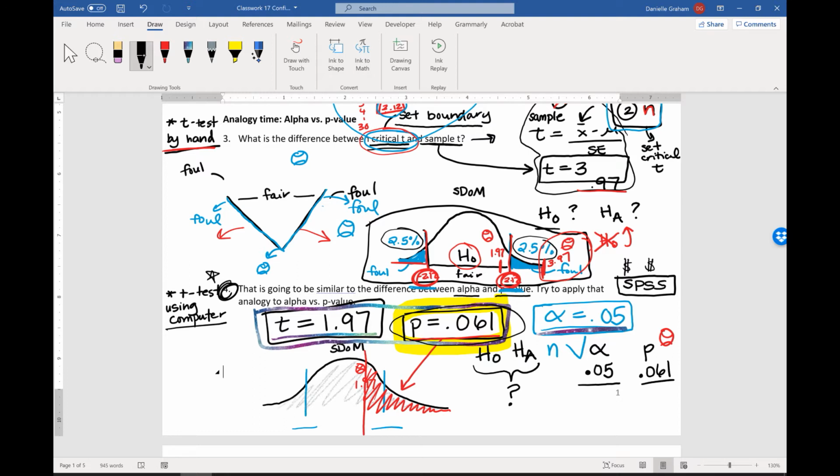So instead of comparing 1.97 versus 2.12, we're comparing our p versus our alpha. The alpha we know sets those boundaries. The p tells us, are we in or are we out? So the way we do this is